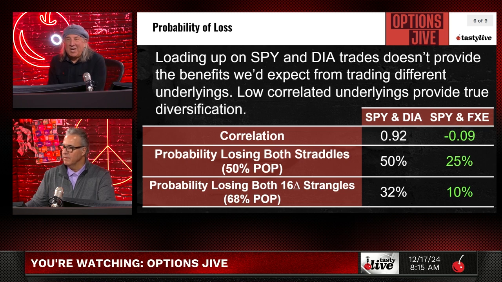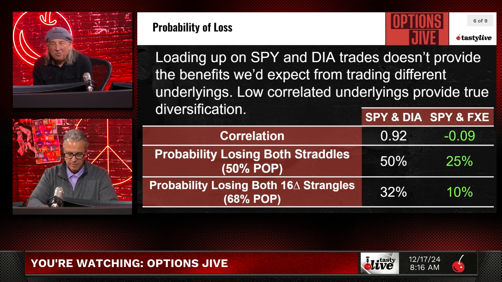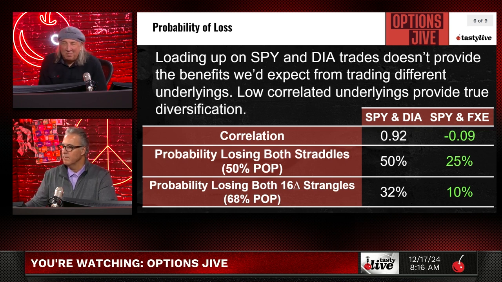Loading up on SPY and diamond trades doesn't provide the benefits we'd expect from trading different underlyings. Non-correlated underlyings provide true diversification. So we had a little fun here using the US dollar versus the S&P 500, and the Dow versus the S&P 500. In one case, the correlation's almost perfect, 0.92. In the other case, it's a negative